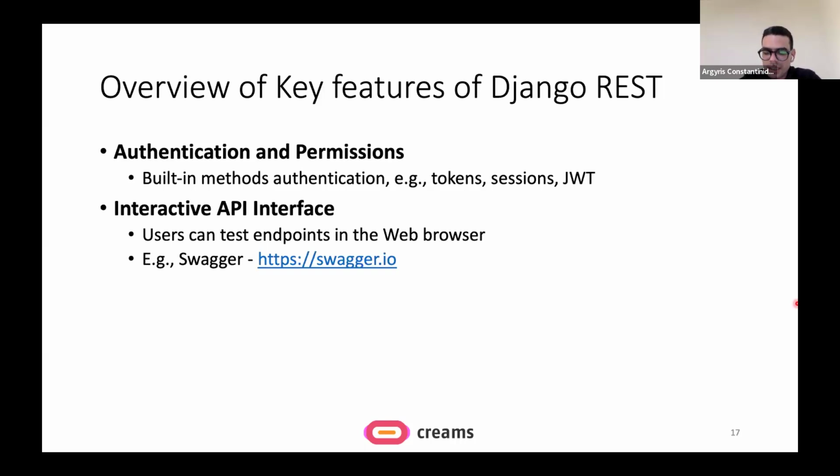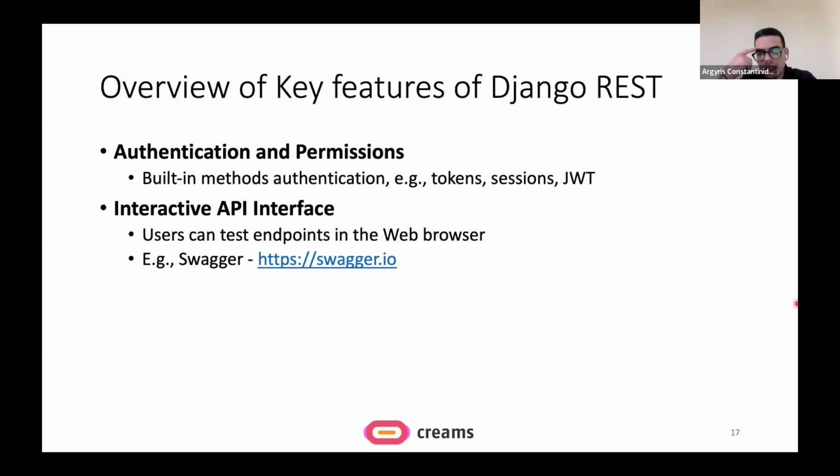Another cool feature that is provided as part of the REST framework allows us to create a specific URL that serves as a web interactive API interface, which allows developers or third-party applications, or a client application, for example, once they have the correct authentication, to interact with the API via the web browser.